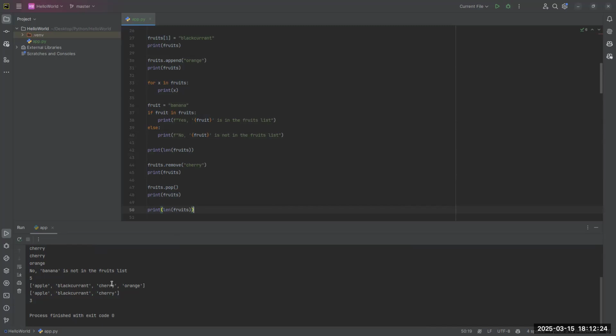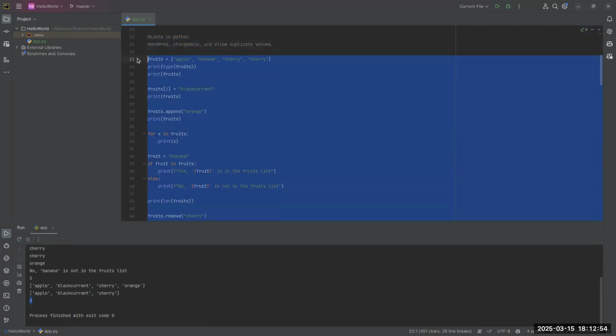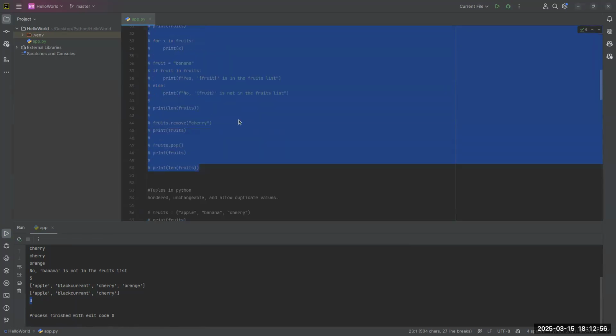Then I removed that cherry with this dot remove method. Then I also popped the fruit list by removing the last item on the list, right? This pop method removes the last item on the list, and now our fruit list has reduced to three. Do you understand? Yes. All right. So that's what lists are, and that's how they work. Now moving on to